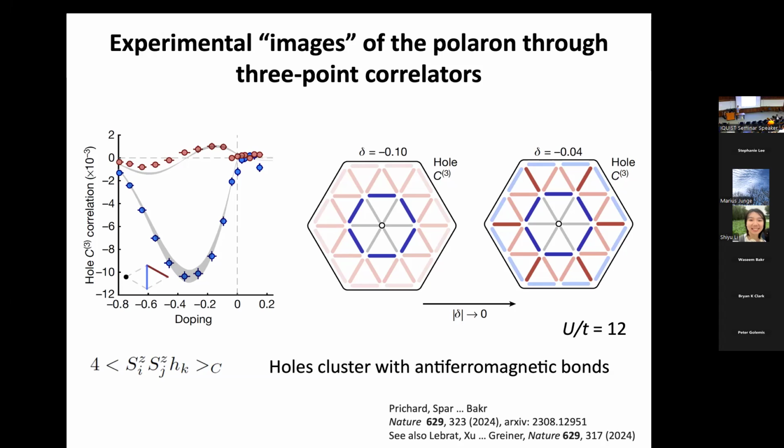It turns out the full story is that if you crank up the interactions to infinity, then there's no more super exchange in the problem, right? So it looks pretty boring, but when you dope, these dopants mediate an effective magnetism in the system, which looks a lot like the super exchange magnetism. So you get something like an antiferromagnetic Heisenberg model, even in the absence of super exchange. This is coming purely from the tunneling, and the resulting magnetism has a temperature scale of t. So you start to form this spiral antiferromagnet whose characteristic energy scale is t. In the pictures, the key thing here is that the hole is clustering with these antiferromagnetic bonds.